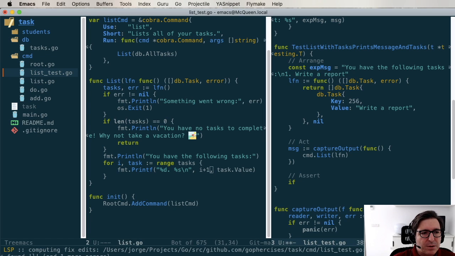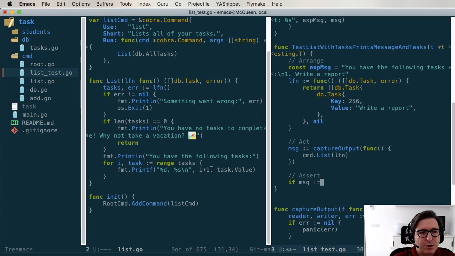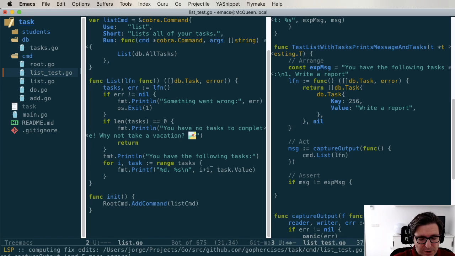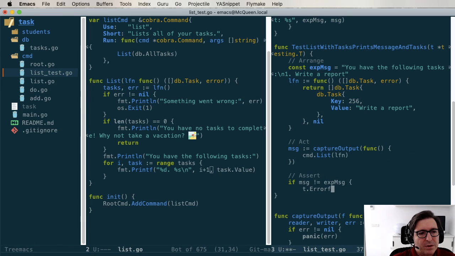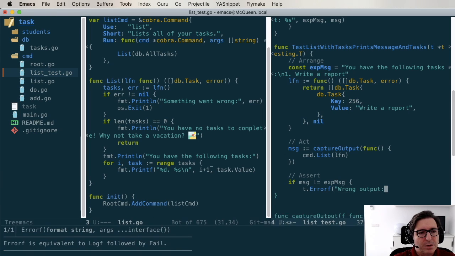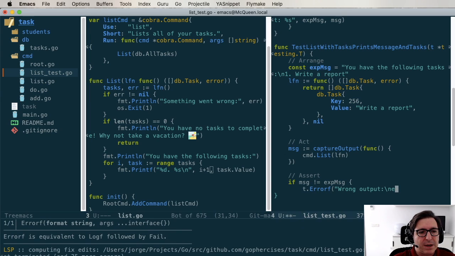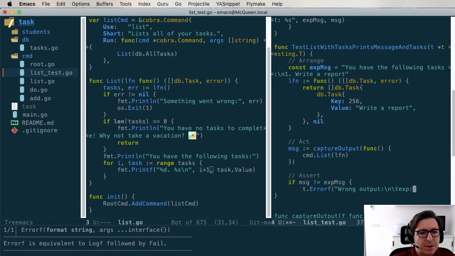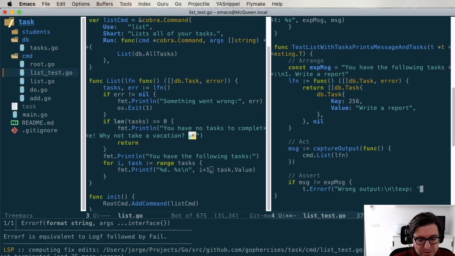So if message is not equal to expected message, what I'm going to do is to have an error printed, which is going to say wrong output, and is going to have an expected, let's put a tab here, expected and an actual, comma, t, an actual value with